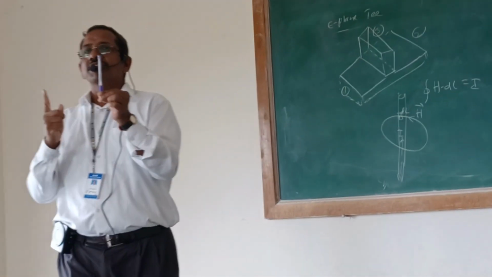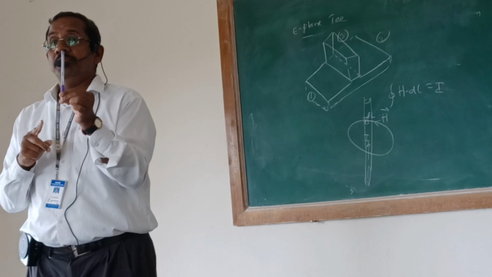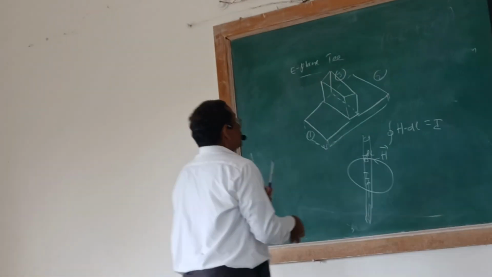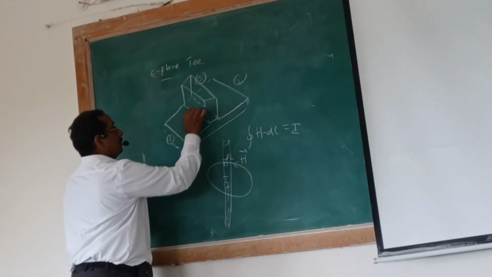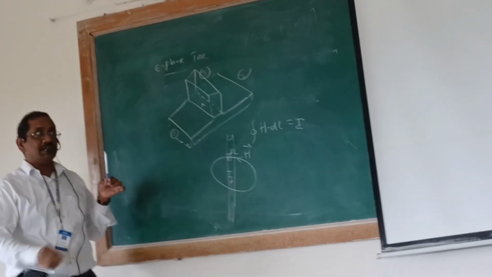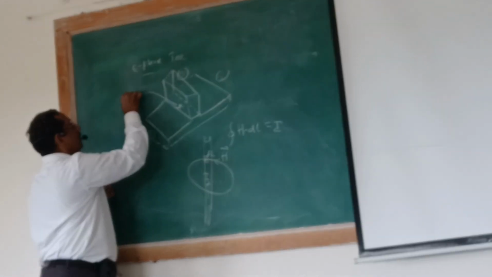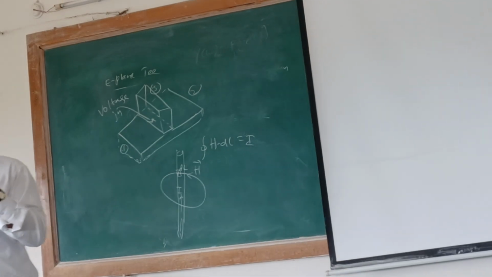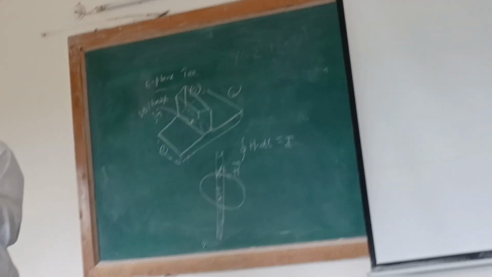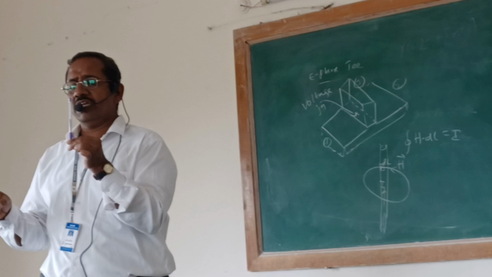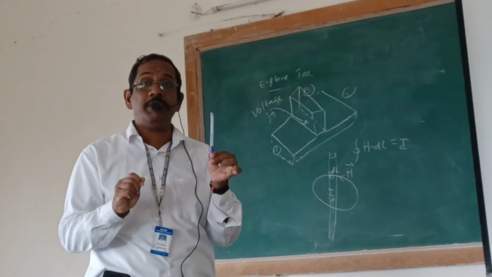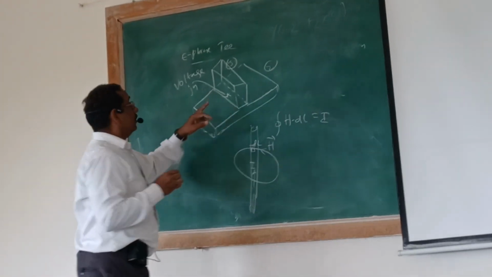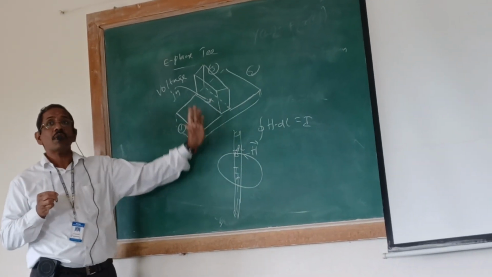Now, the electric field is opposite to the magnetic field, opposite in the sense of perpendicular to the magnetic field. Therefore, this junction, the junction between 1, 2 and 3, is simply called a voltage junction. In the case of the H plane T, we get a current junction. In the case of the E plane T, we get a voltage junction. Therefore, it is simply going to transmit the signal in the vertical plane.